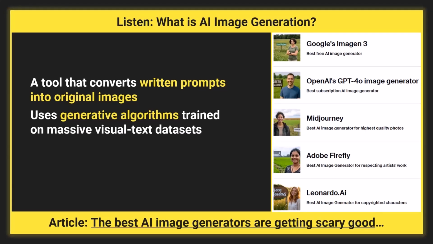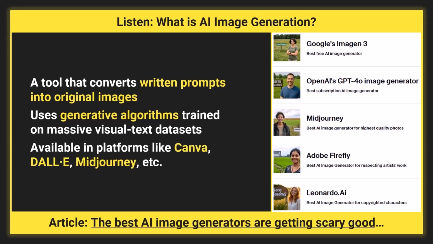These tools draw on vast collections of pictures and text to understand what you ask for and how it should look. During training, they scan millions of captioned images. That experience lets the model predict shapes, colors, textures, and patterns to match your words. So platforms such as Canva, DALL-E, and Midjourney each have unique strengths, yet the core process is the same. We're going to use Canva because, as I explained in the last module, it's got text to image integrated into